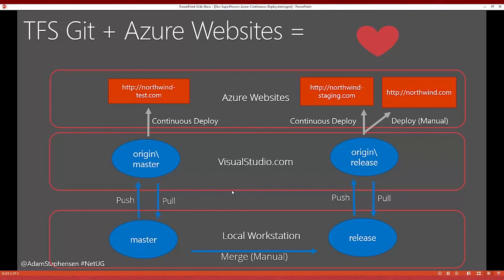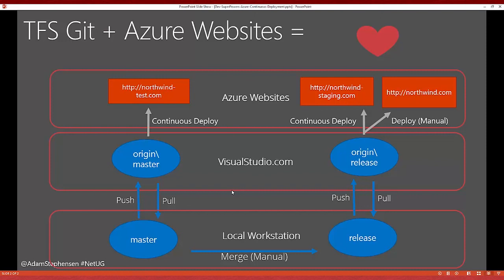We then created a release branch, we published that, and then we configured staging and production websites to have continuous integration from that release branch. I hope this has given you a great insight into how easy it can be to set up test, staging and production websites using Visual Studio Online